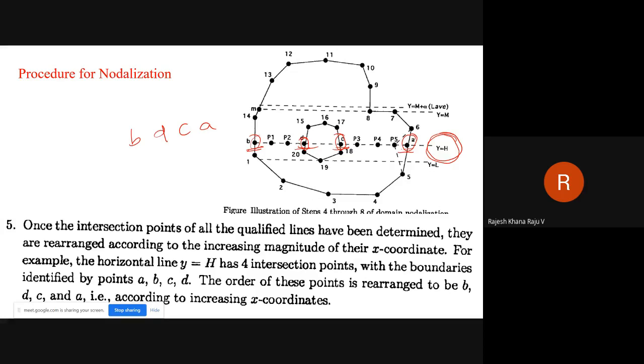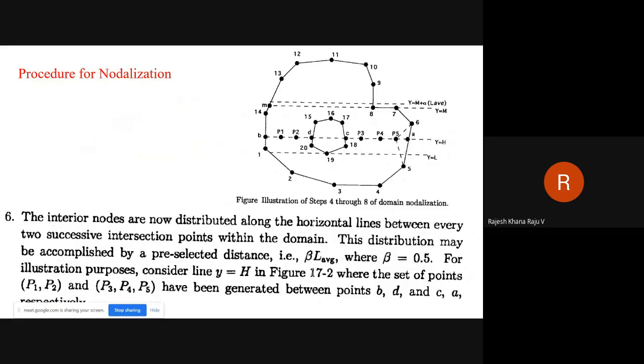So once we arrange all the points of intersection in the increasing order of their x coordinate for all the imaginary lines, then the next task is to place the intermediate grid points within the lines. We will place the intermediate grid points between two intersection points and ensure that those two intersection points are lying within the domain.